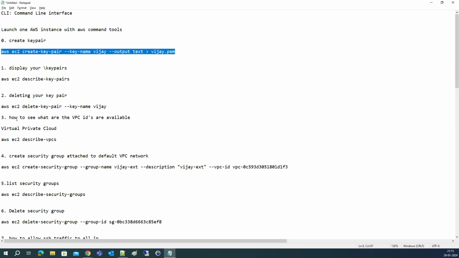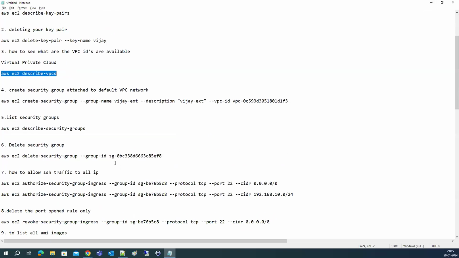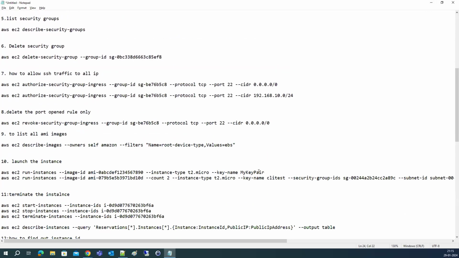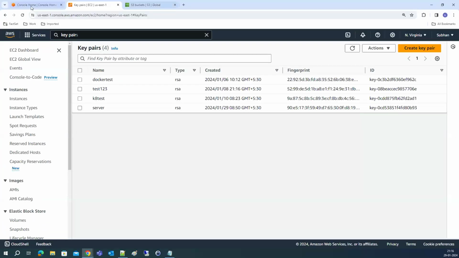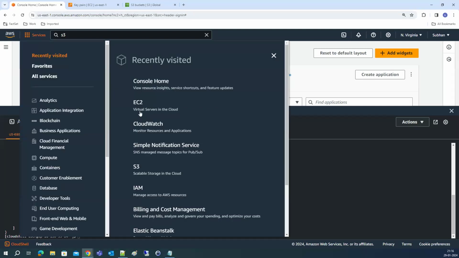And if you want to see the total number of VPCs, you can use AWS EC2 describe-vpcs. But where will you get all these commands, for example if you want to create an EC2 instance? If you see under EC2,